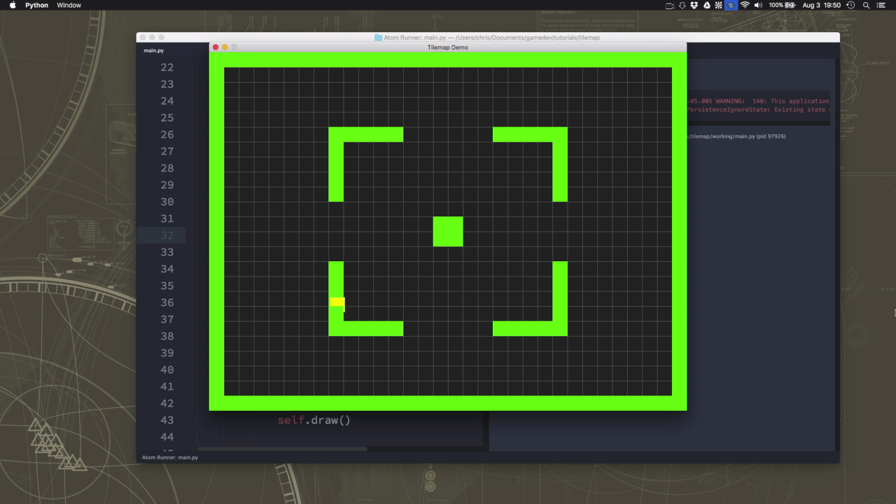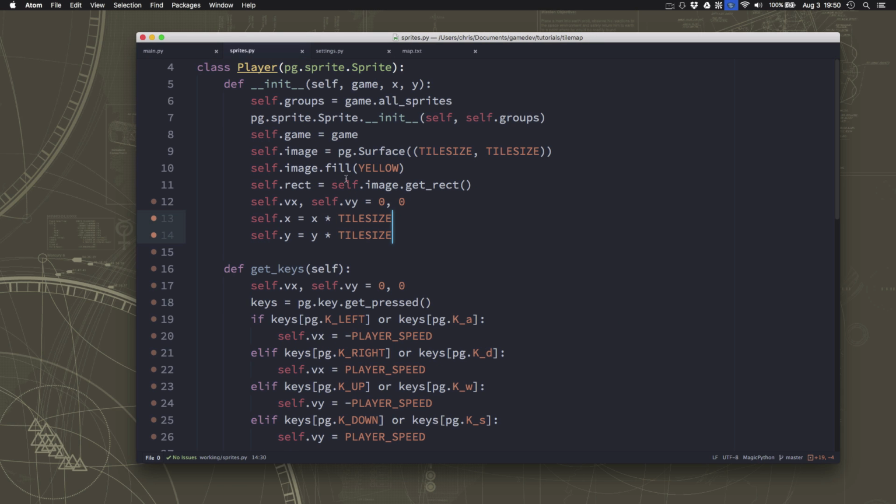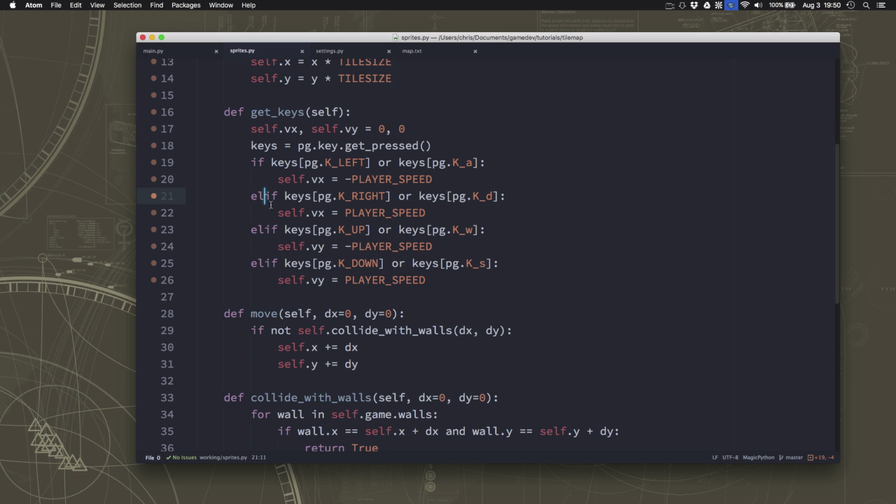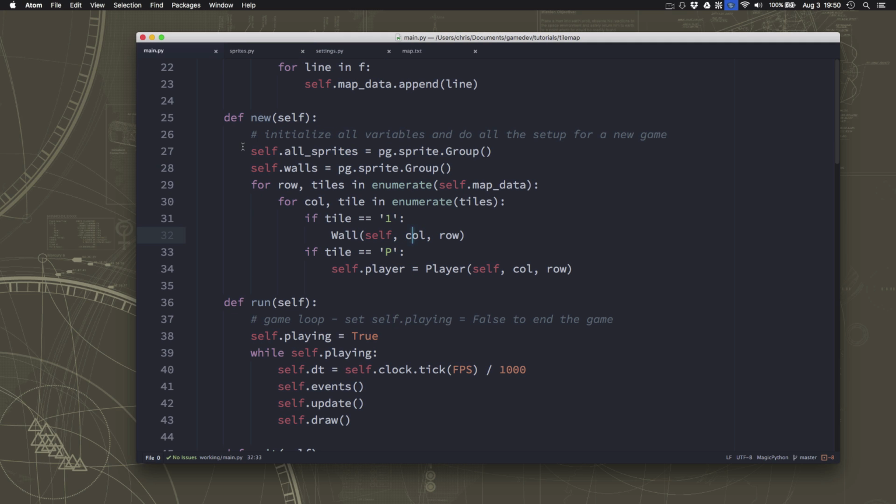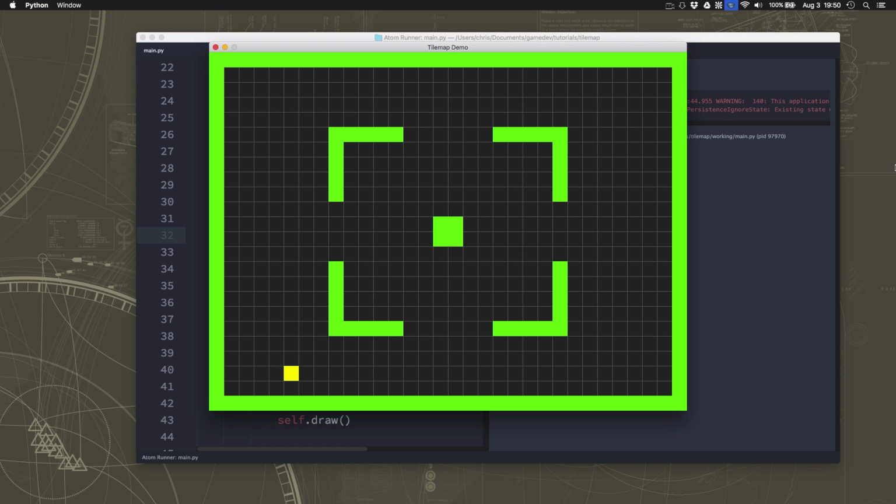Now I want to be able to collide with the walls. Now there's a few different ways we can do this. It's also going to make a difference whether we decide we want to allow diagonal movement or not. Right now we can only move in 4 directions. We might want to allow diagonal. Diagonal is pretty easy to add. In fact, we can just go over here to our get keys and we can change those elifs to ifs,